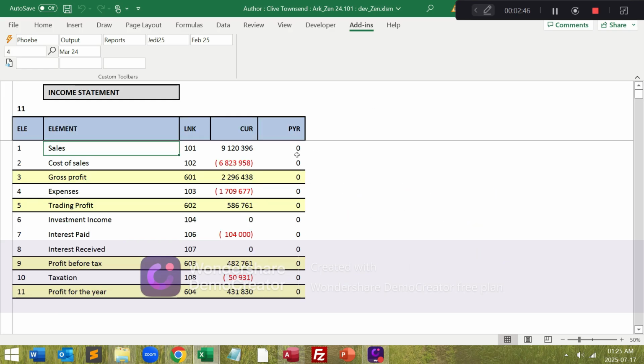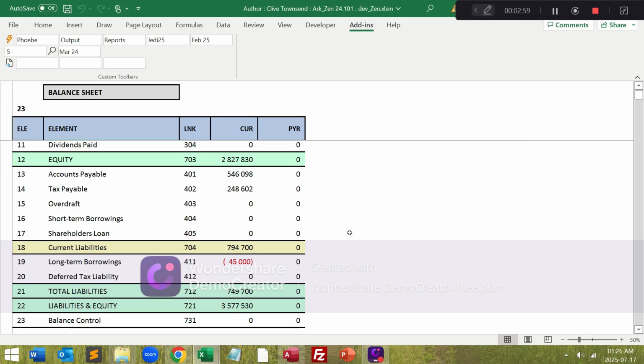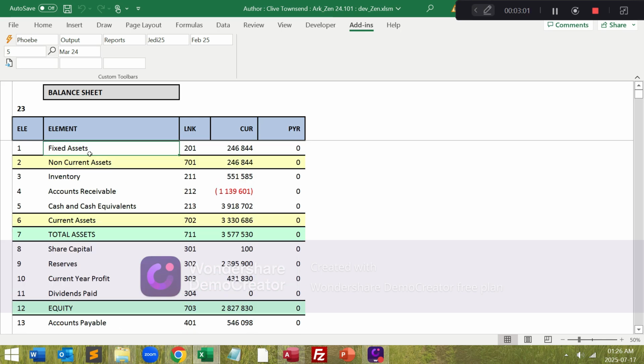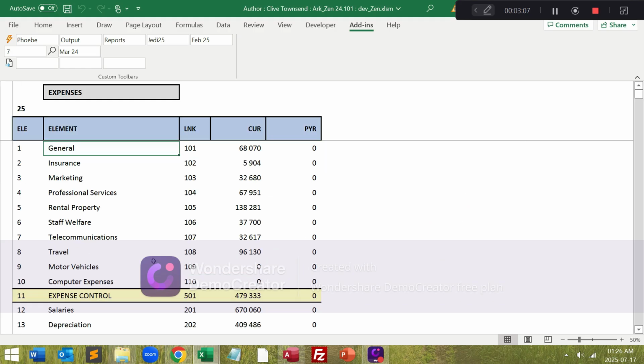Now we can go to our income statement and you'll see how this is a benefit. In the next video, we're going to do an item where you can make changes and see the speed and power of the system. Okay, and that'll be very useful. Now come back to my balance sheet and I can see that my balance sheet balances and I've got everything coming through there. Okay, right, now I can go to my cash flow. Now all of this took about 2 seconds